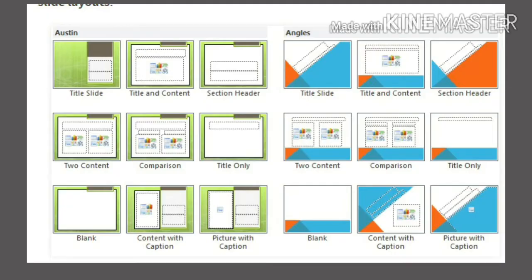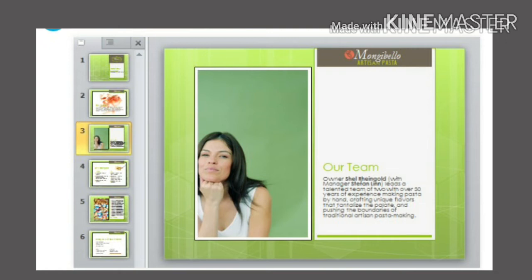You can even change the background, themes, text font and color, etc. Thus you can create a professional looking presentation. So here you can see the icon of Microsoft PowerPoint 2010.